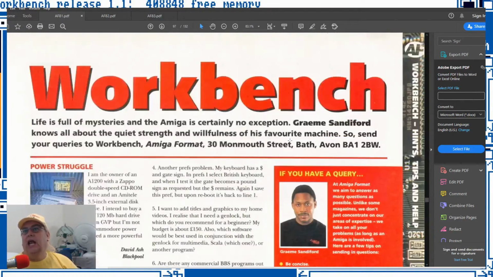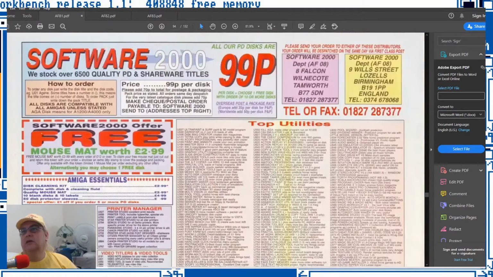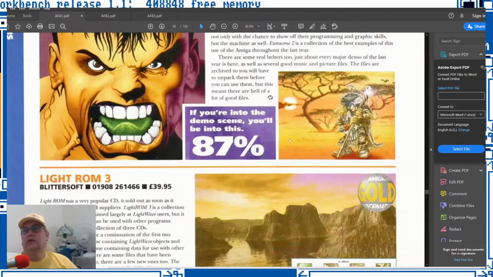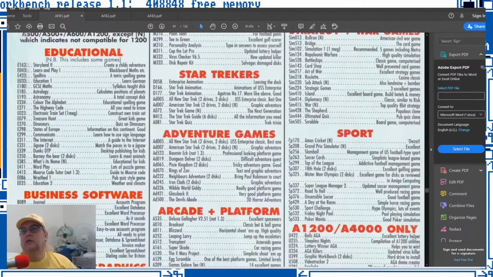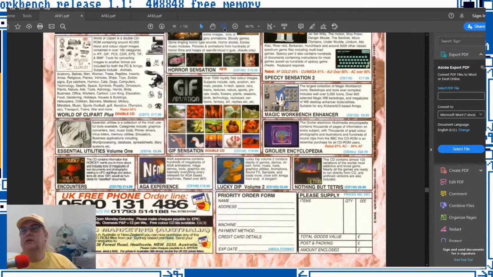have I missed it? God, I hate this. No, there we go. It's not in this magazine, you twit. Okay, so